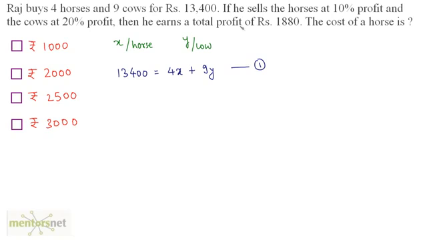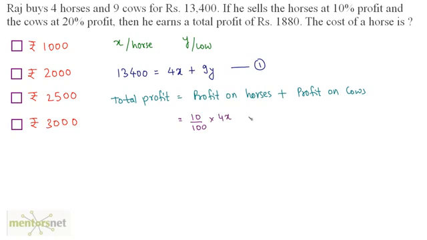Next, we have been given the total profit. So the total profit can be termed as the sum of the profit on horses and the profit on cows. Now we have been given how much profit we have on horses. It is 10% profit, and on cows we have 20% profit. So the profit on horses is 10% of the cost price of horses. So 10% of 4x plus 20% of 9y is equal to the total profit, 1,880. So 2 2s are 4, 2 5s are 10, and again 2 1s are 2, 2 5s are 10. So we can rewrite this as